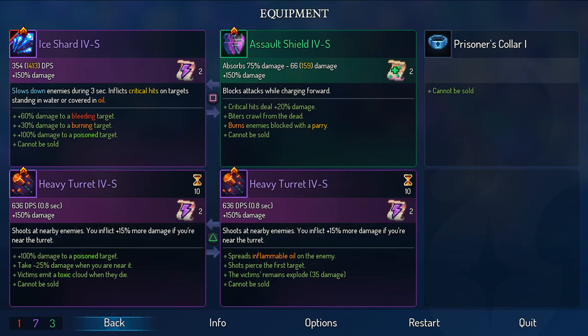So right here, I'm going to tell you about the affixes that you want to have. The main affixes you want to have are inflammable oil, which you see at the bottom right. It says inflammable oil on enemy. It's not the one specifically that I want, but it's better than no oil at all. You want to make sure you don't have burns. That's on my shield up top here, upper right. It has burns enemies blocked with a parry. So if I parry someone, they'll burn. You don't want that because if you have oil, it'll burn the oil and you won't be able to crit